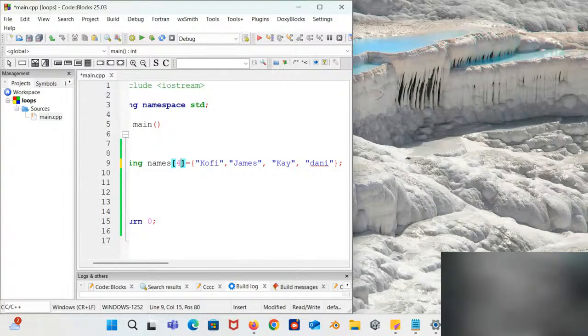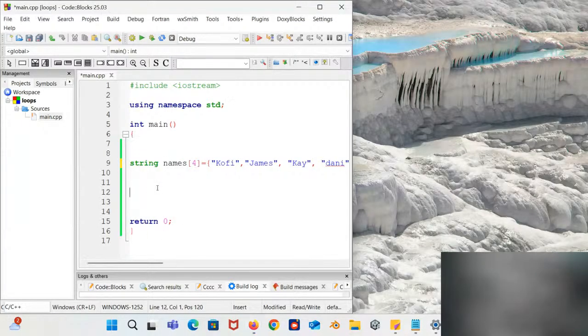All right, so let's come back here. Let's wrap it up quickly. Here we are going to have a simple example. We are going to use the for loop to print out all of the elements in the array. So instead of what we did earlier, having to do cout array 1, cout array 2, are you getting it? Instead of going through all of those tasks, you're just going to use a loop. You're going to use the for loop to print out all the indexes in the array.